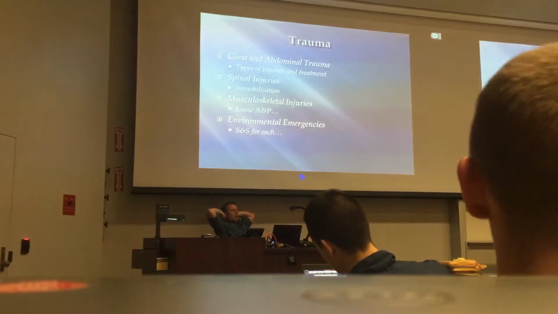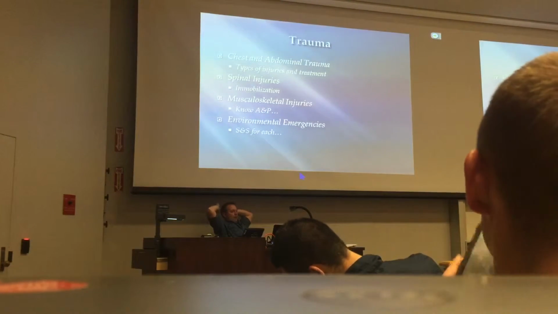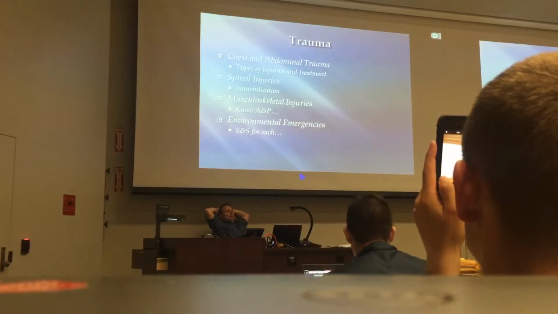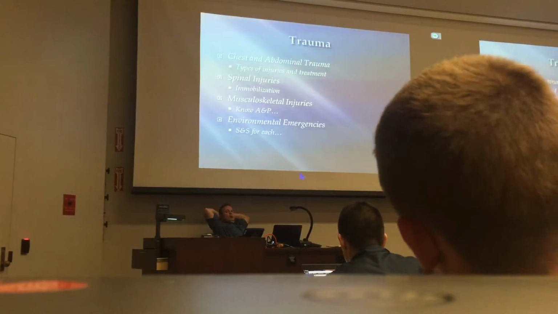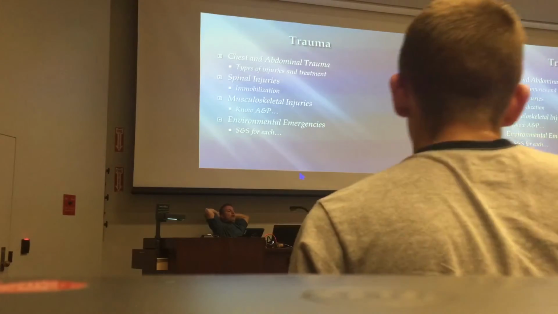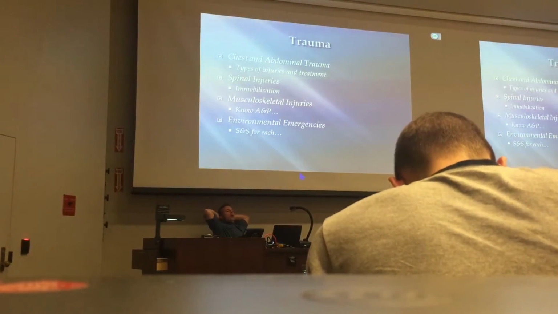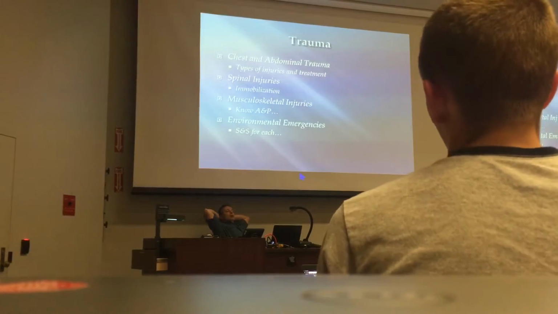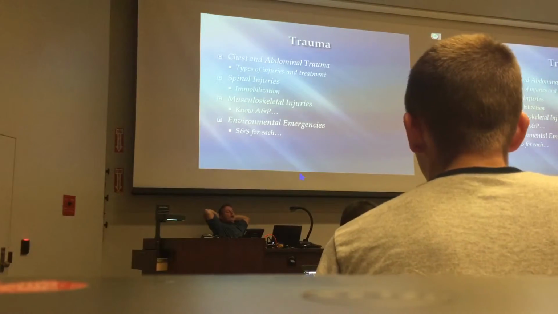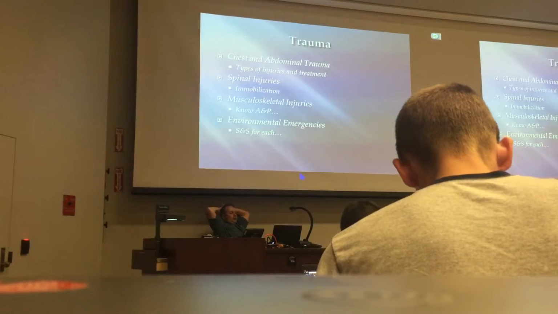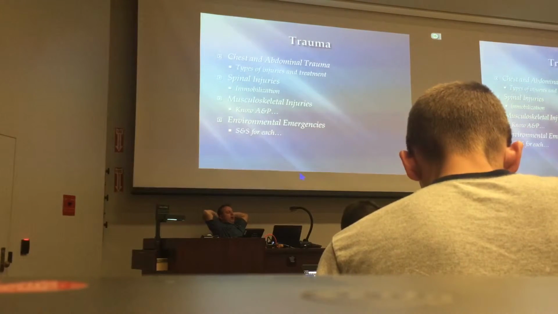Know chest and abdominal trauma, types of injuries and treatment. What does evisceration mean? Your intestines are hanging out. And how do we treat that? Cover it with a moist dressing, and then what do you put over that? Warm, moist, and occlusive. And how many sides do you tape that on? Four sides. Spinal injuries, immobilization,